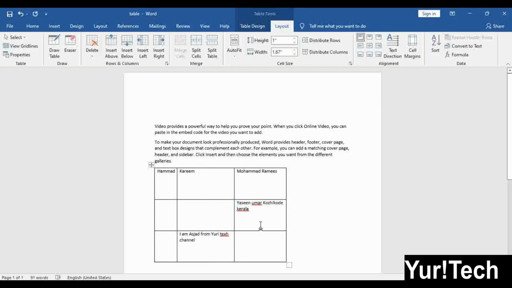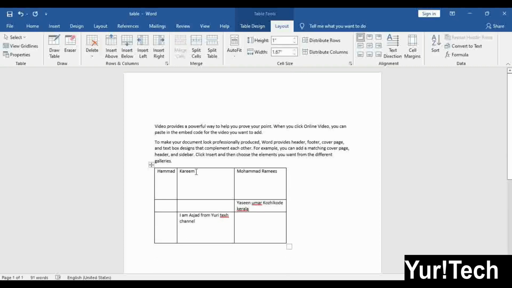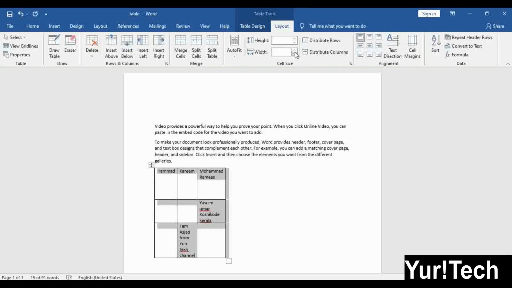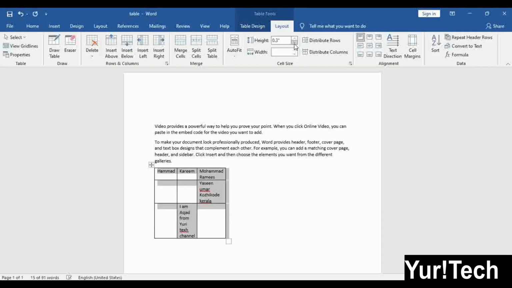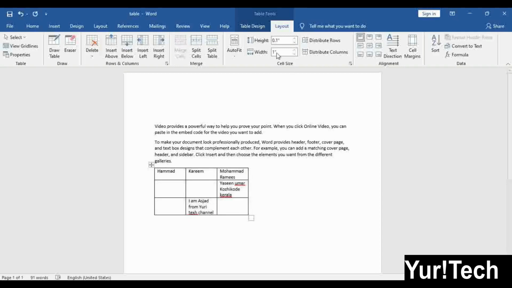If you want specific rows to increase in size, put your cursor in that row and by clicking here you can increase and decrease the size. Then width, you can do the same with column width. And if you want to apply it to the entire table, select all and apply from here. I give 1.0, then enter, like this you can adjust.